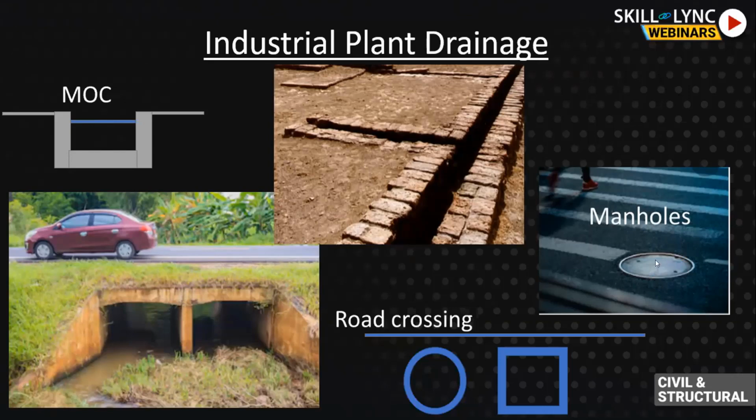They are provided with these removable, heavy duty covers. They remove it and put a bent rod in it, and they clean the mud if there is a blockage in a drain. So manholes are certainly required. There are norms and thumb rules for how many meters center to center, what distance, you should provide manholes to keep the drains unblocked. So this is the road crossing. At the road crossing, drains have to be closed, even if throughout the remaining run they are open.